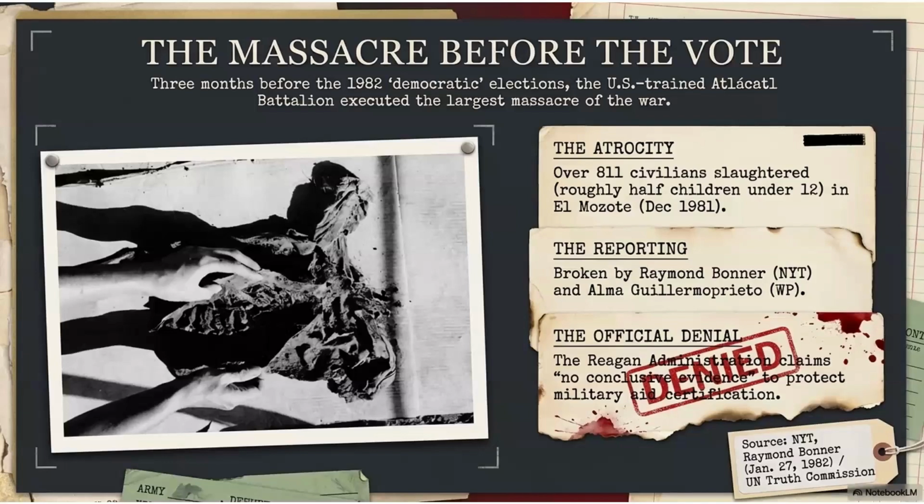After Romero, the violence continued. On December 2, 1980, four US Catholic missionaries, Maura Clark, Ita Ford, Dorothy Kazel, and Jean Donovan, were raped and murdered by members of El Salvador's National Guard. They were not guerrilla fighters. They were religious workers connected to humanitarian and pastoral work among the poor and displaced. Their murder became internationally known because they were US citizens.